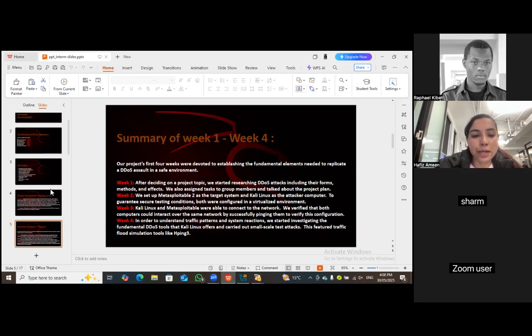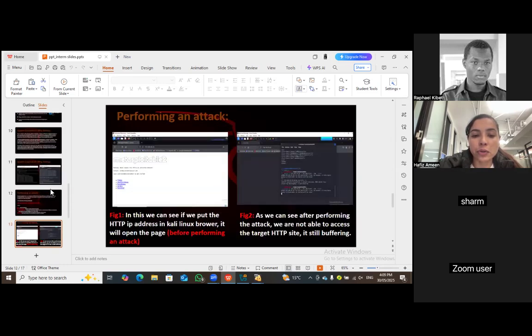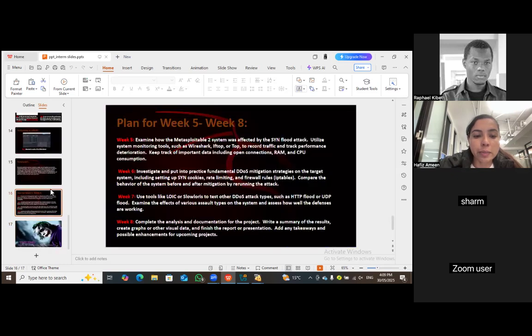In week 5, we will focus on SYN flood attacks. And during week 6, we will shift our focus to the defenses. We will implement DDoS mitigation techniques, including SYN cookies, rate limiting, and firewall rules. And in week 7, we will expand the attack types using tools like LOIC and Slowloris to simulate HTTP and